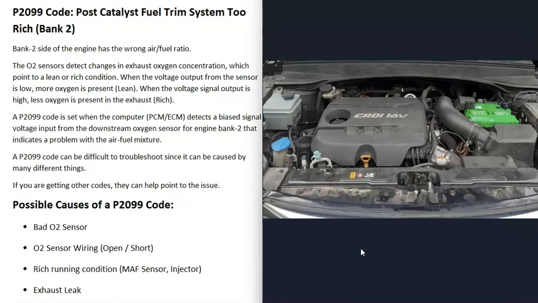And the next thing that could cause this is going to be a rich running condition. And this basically means that there's more gas going into the engine compared to the air, that the air-fuel ratio mixture is off. And this could be caused by many different things. It could be a bad MAF sensor, could be a bad injector on bank 2 or something like that. There's many different methods to go about trying to find out if there is a rich running condition on bank